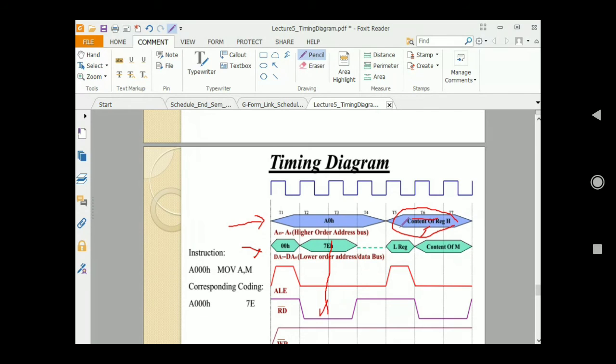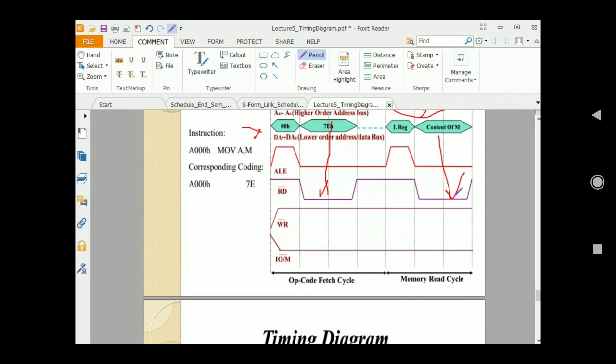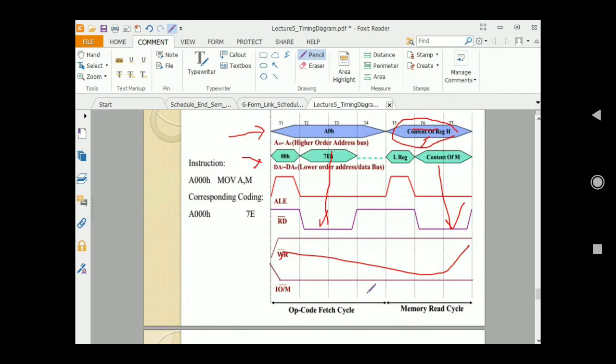ये line में ही draw करा है, ये वाला clock cycle में ये खत्म करने के बाद ये इधर में draw करा है. उसके बाद ये वाला L में lower order है और content of the M जो भी content of M is going to be loaded in my A pair. तो A में load करा है तो it is nothing but a read operation. जो भी content of M है वो register में डाल रहा है, so it is nothing but a read operation. So that's why it is read here. Again, there is no write operation, so write is always fine. And again, it is low here, so memory read cycle.